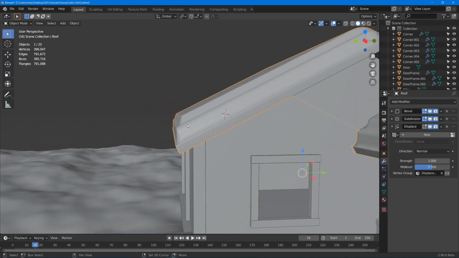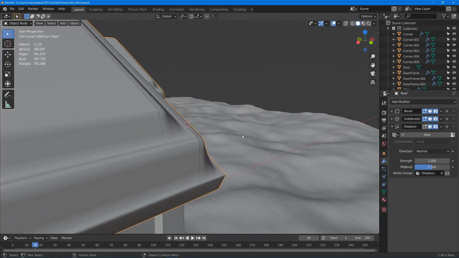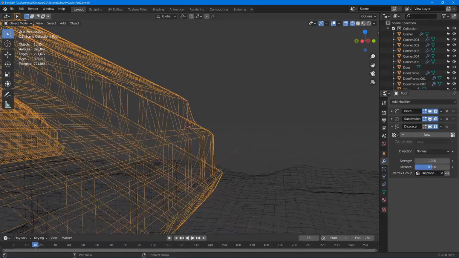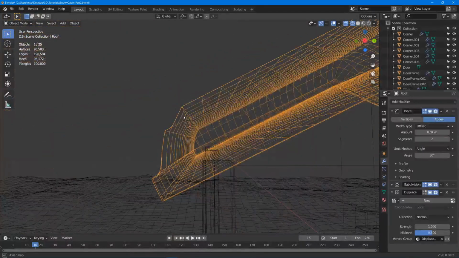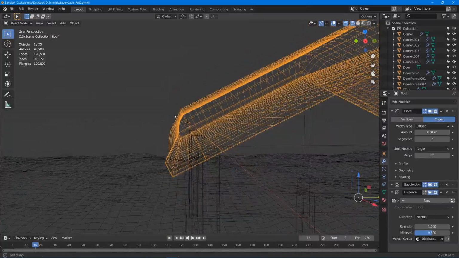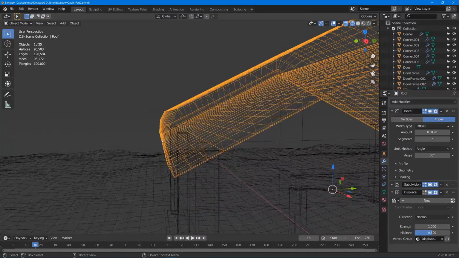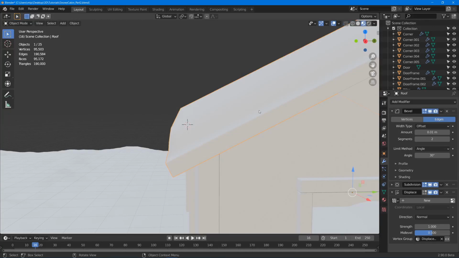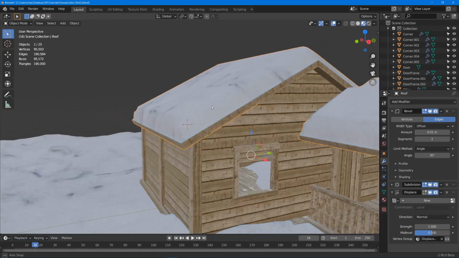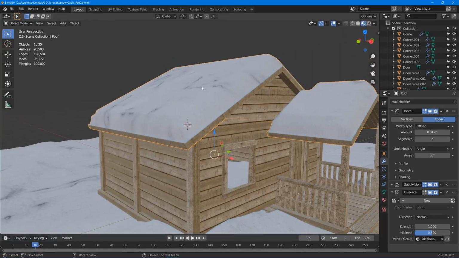What the hell is going on there? Oh, we need to have the bevel limit method set to angle. That should make it better. Since we did both of those, so since we did 2 levels of gradual vertex groups, it should be somewhat curved like that, which should be nice. We'll go back to material preview. Now we got snow on the roof, but we want it to be